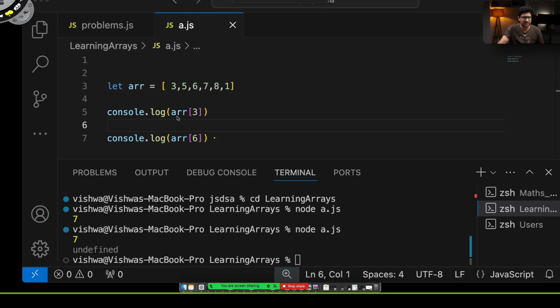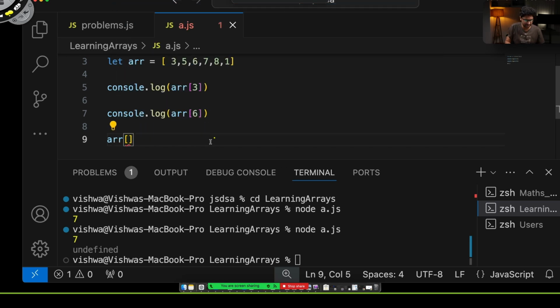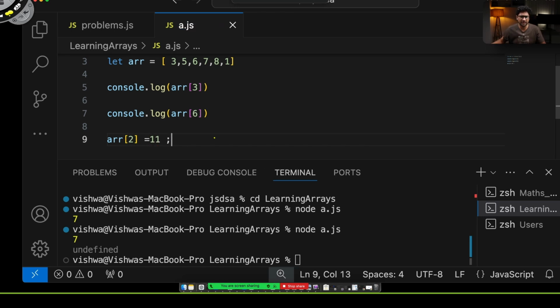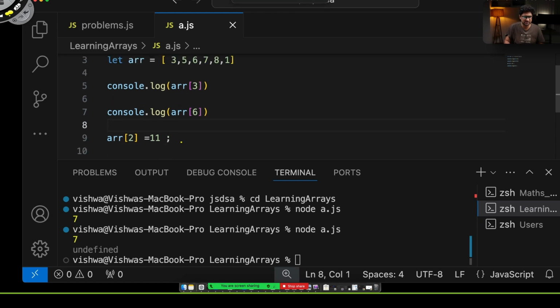Now the next operation that I can do is, in this given array, I go and change the value at the second index, and let me set this value as 11. When I go and run this, this is the index 0, 1, 2, 3, 4, 5. What I'm trying to say is that at the second index, go and add the value 11. Second index, the value is 6. I want to replace it with the value 11. So when I execute this, and after that I want to print the array, console.log array, and before this, if I go and print